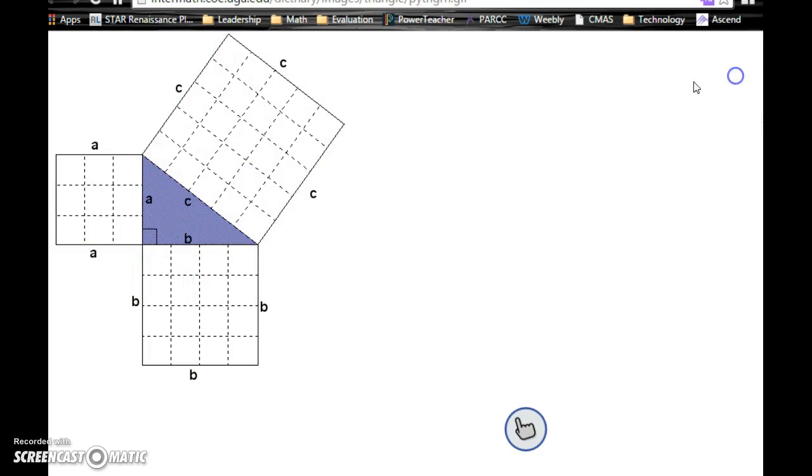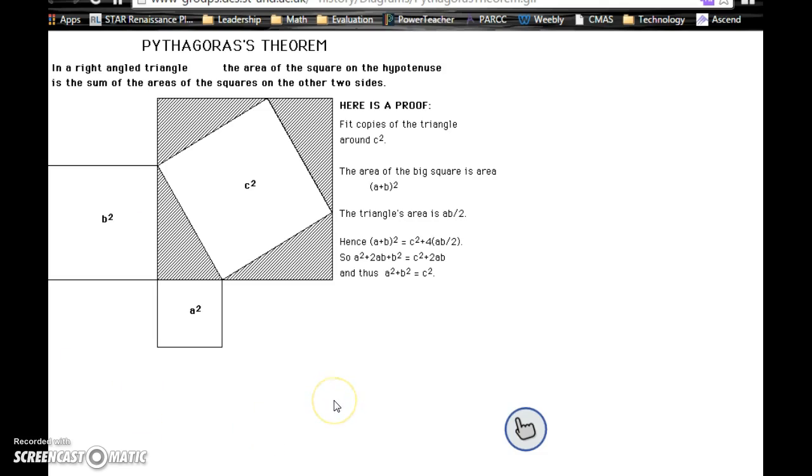I'll go ahead and clear all that ink, and I'd like to look at this one. So this one right here is our original right triangle. We created a square with side length a, which is the leg, and we got a squared. Then we created a square off of b with side length b, and we got b squared. And once again here, we created a square with side length c, and its area would be c